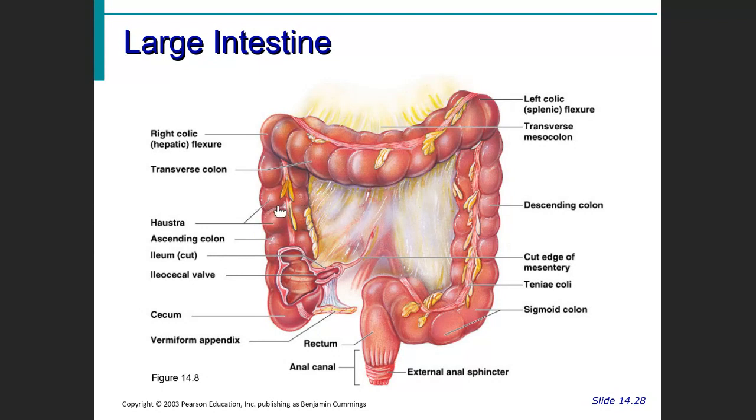Not much is actually digested now. This is all waste. And the water, as it moves into your bloodstream across the walls of the large intestine, makes the material inside of it a lot thicker. And so by the time it gets over here, it's kind of muddy. And by the time it gets over here, it's kind of thicker mud. And then by the time it gets down here, it's getting more solid.